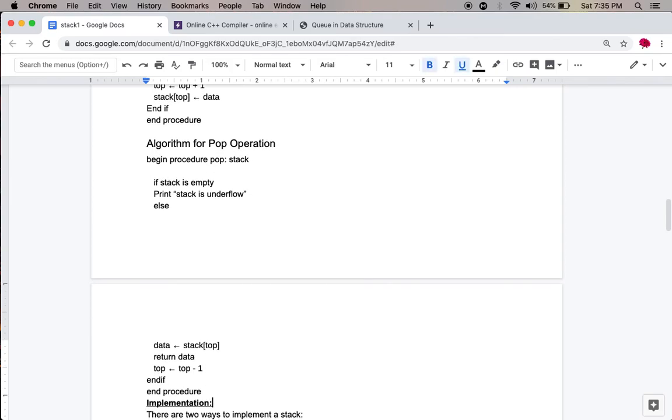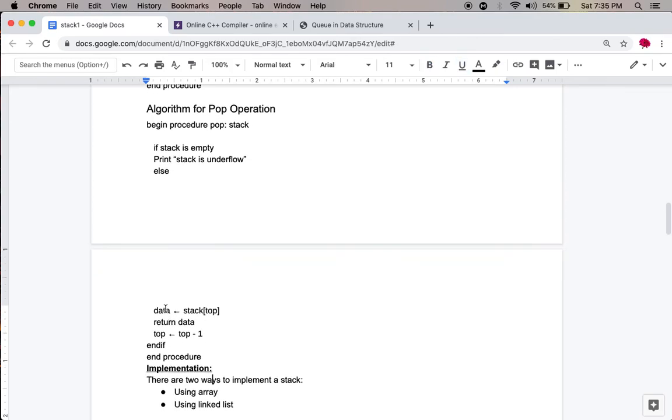Otherwise, it will delete the element at the top of the stack and print the element on the screen. After that the top is decremented by 1. The algorithms for push and pop operations are very important from the examination point of view.